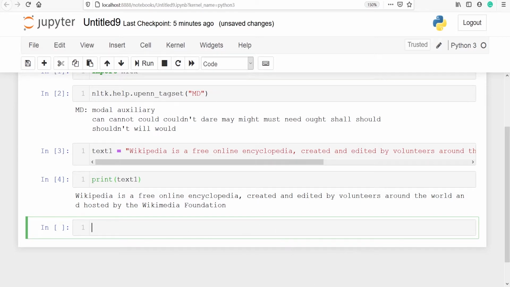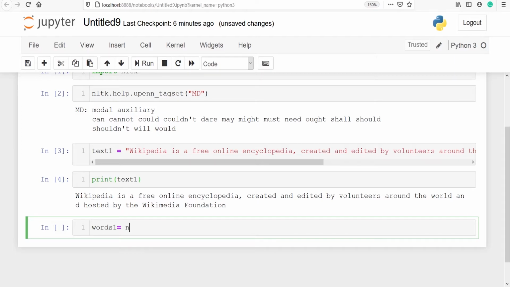text1. Let's tokenize, that is, we will take out words from the sentence saved in the variable text1. I'll make one variable words1, and now I will call our variable text1. We will break this sentence into words and extract words from this sentence.